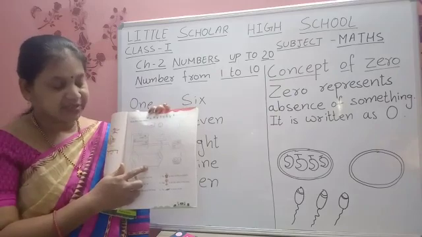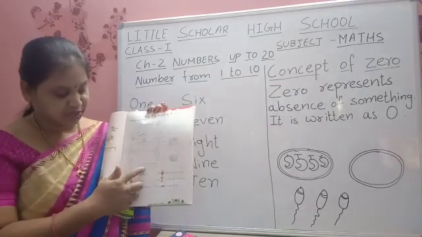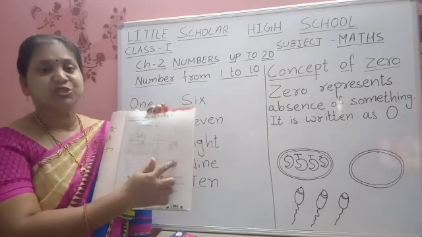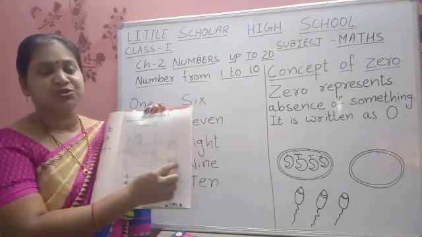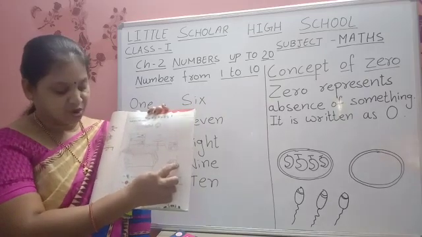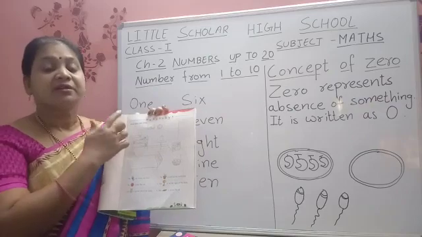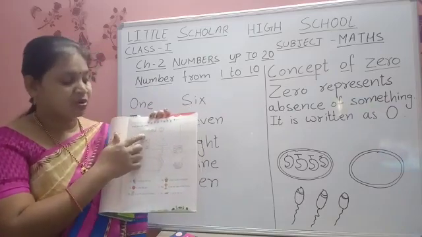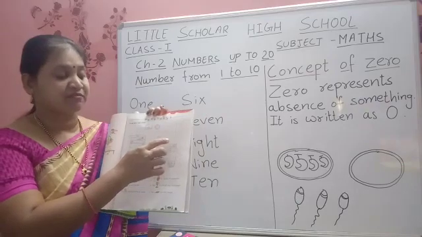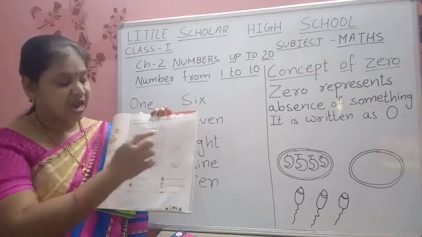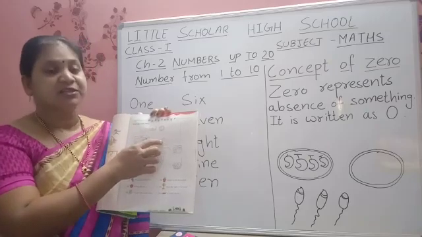Understood? Under the bed. Under means down. Under the bed you should draw shoes. Near means closer. So near this basket you should draw a ball. And on the left side you will draw a teddy bear, on the right side a trophy. And the flower pot. Where is the flower pot? The flower pot is on the shelf. And where is the chocolate? The chocolate is inside the jar.